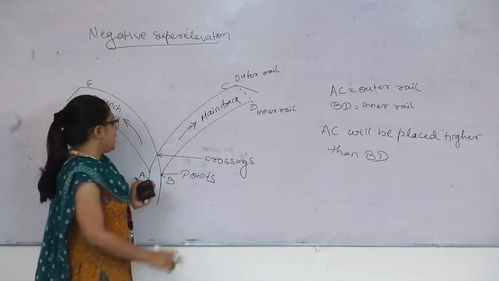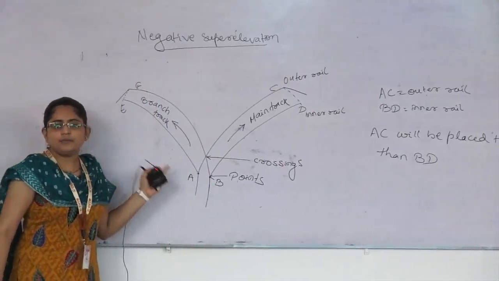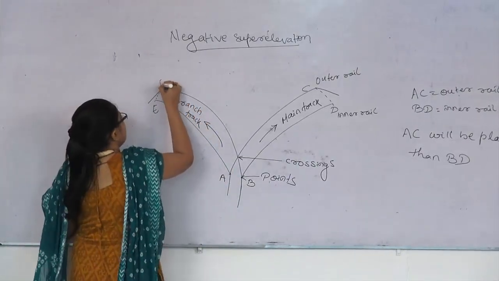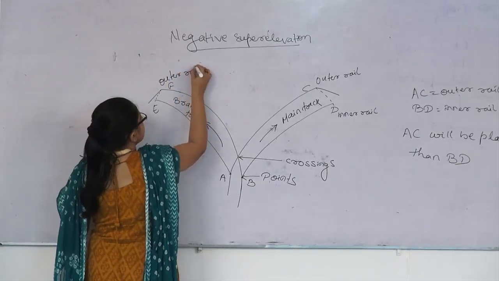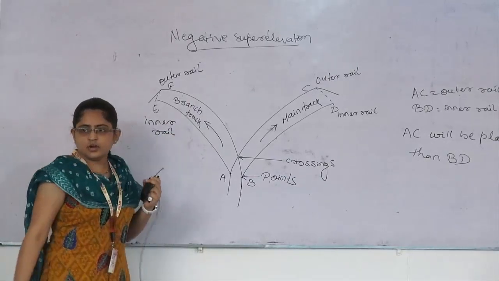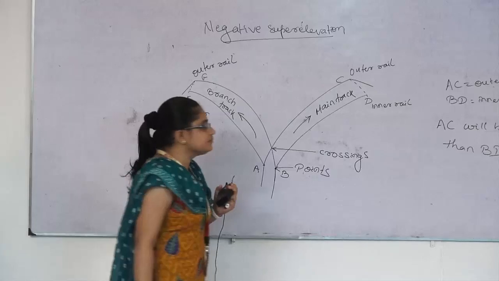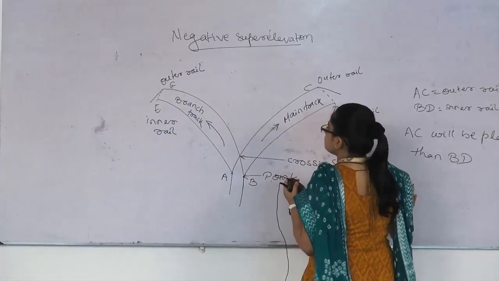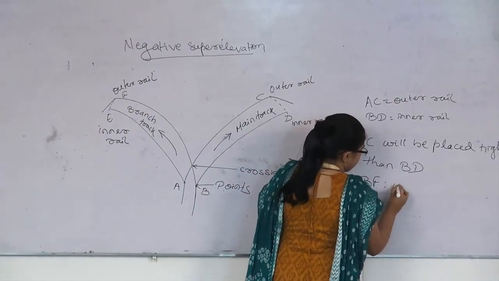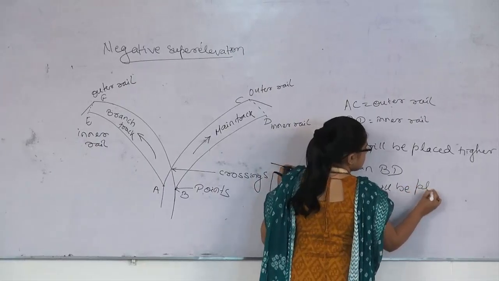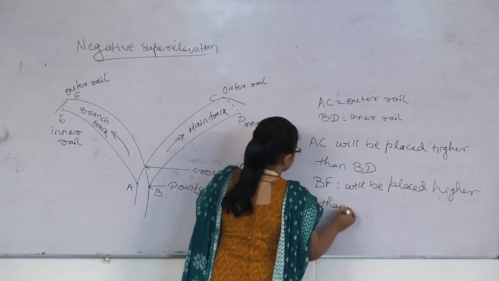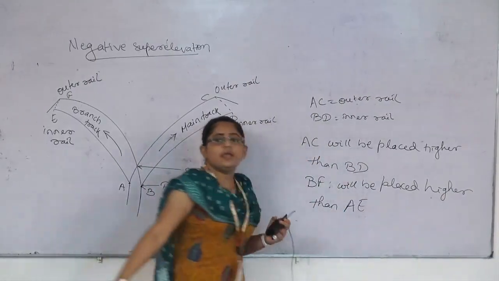Then coming to this branch track, what will happen in this branch track? Which one will be higher? Which is the outer rail? BF. Which is the inner rail? Yes or no? So now you say, which one should be higher? BF should be higher, will be placed higher, then what? A. Okay,